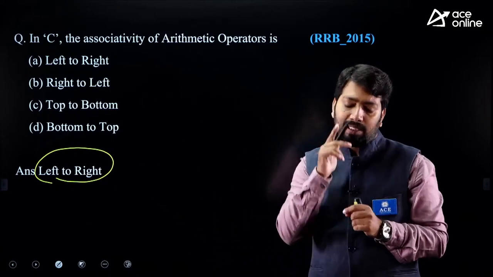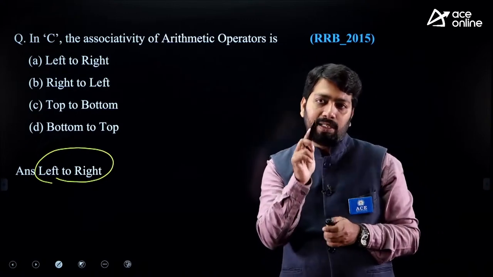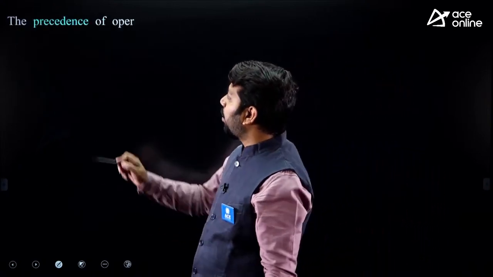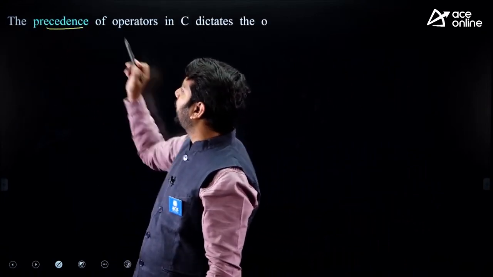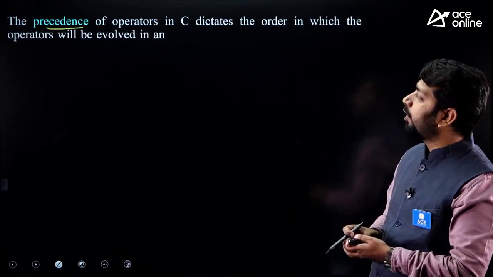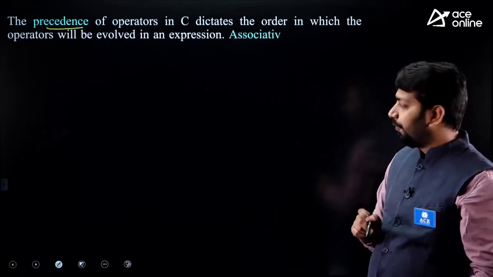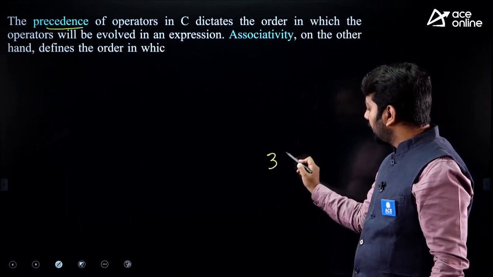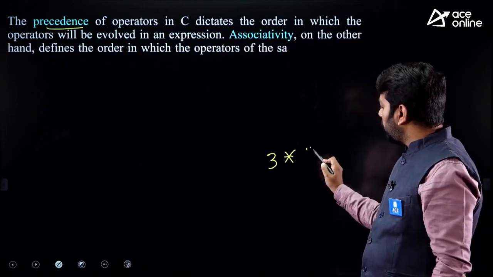Now you might be thinking, sir, you are again using the term priority, but I am not familiar with the priority. Okay, let me tell you. Priority or precedence, both are the same thing, of operators in C dictates the order in which operators will be evaluated. For example, if I have to solve 3 multiply 2